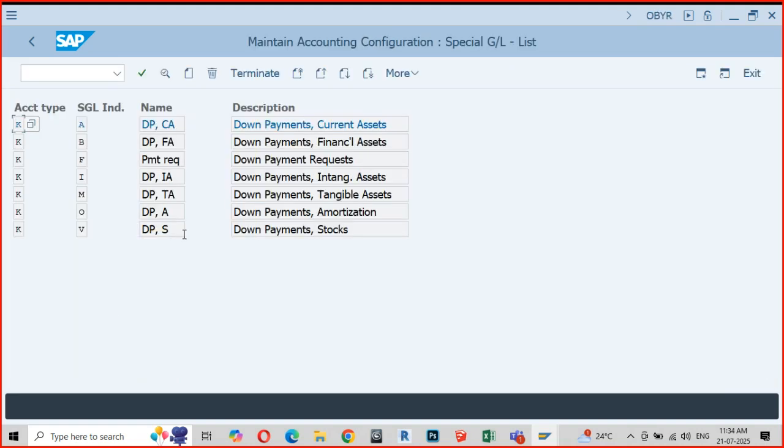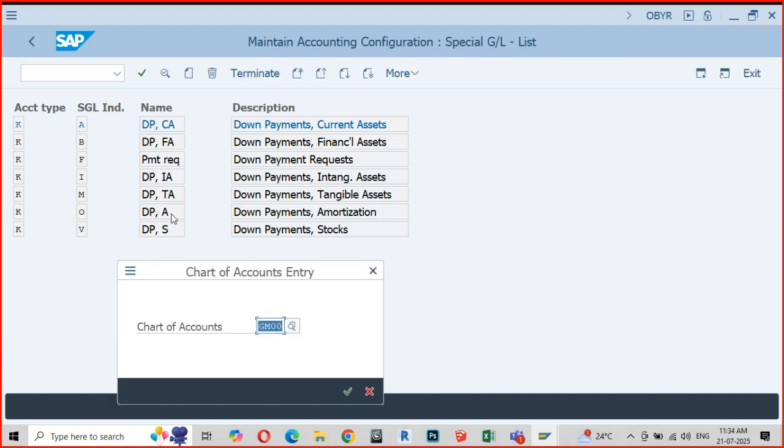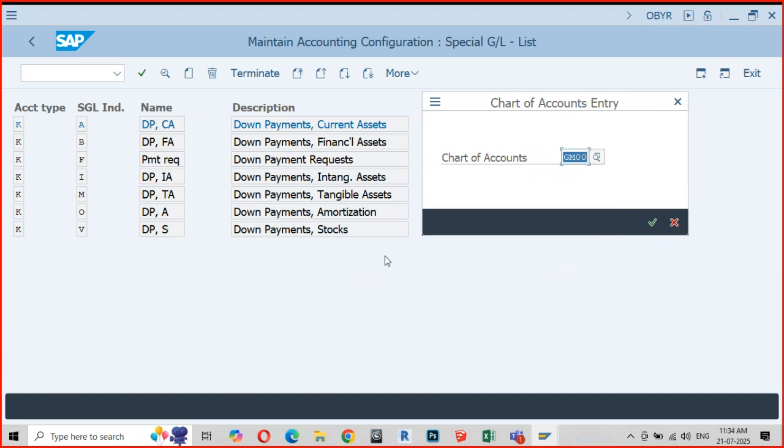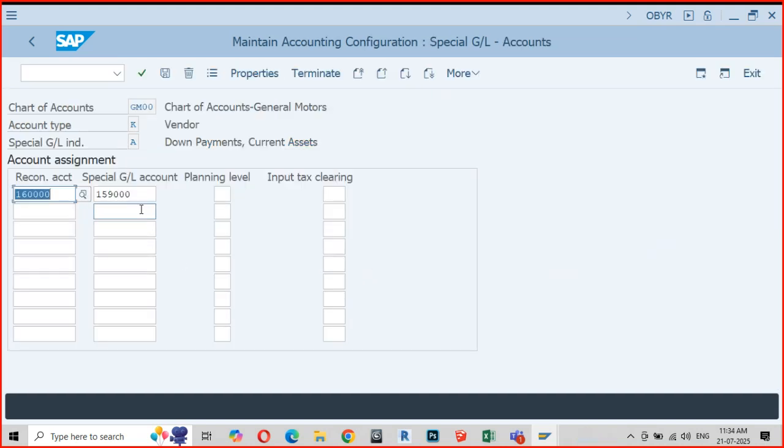So what is our down payment? A, down payments. Double click on A. And how do you make use of this A? I will tell you. Chart of accounts is GM00. I have already connected it.